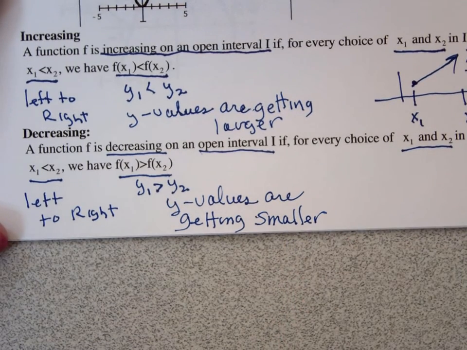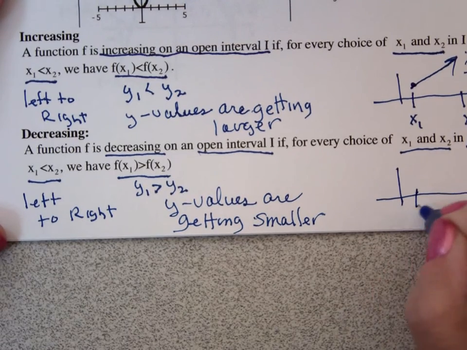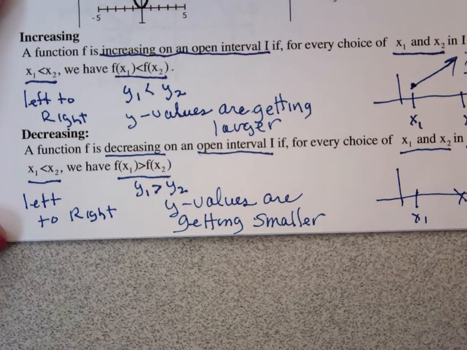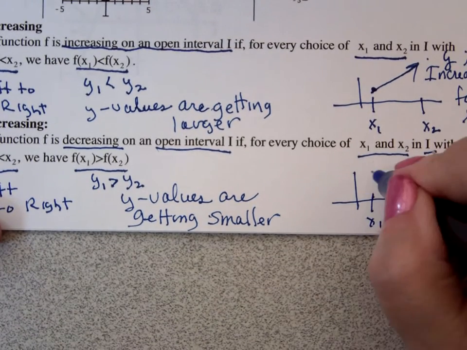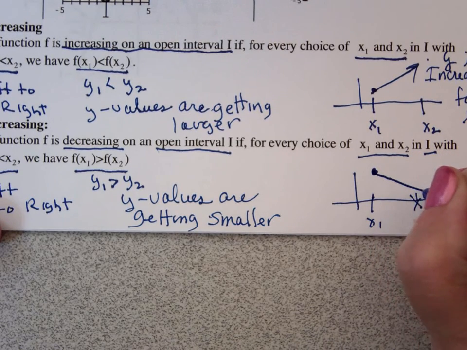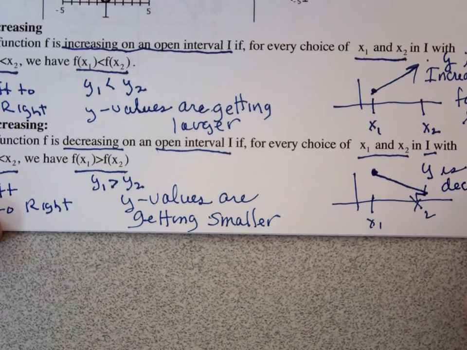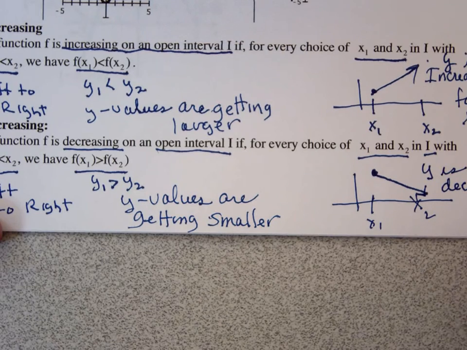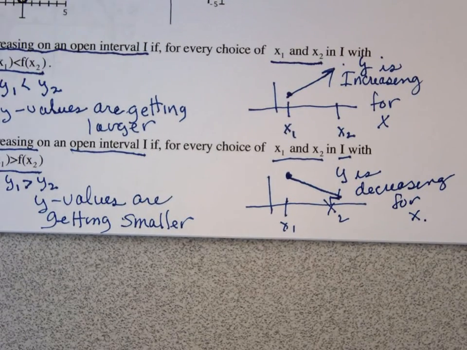The pen tells the story. That says, again, I have x1, x2. I pick my point, and my y values are going down. This says y is decreasing for x. And as I'm doing applications, that can become